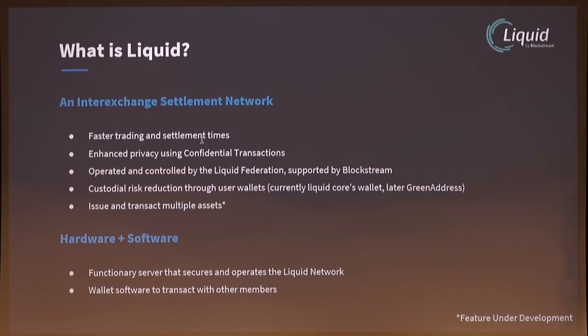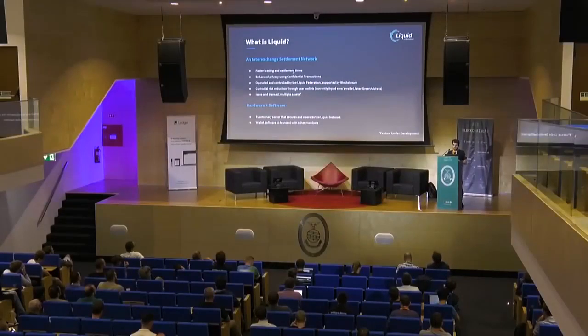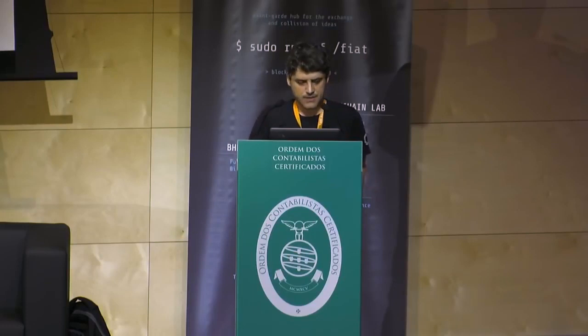It also reduces custodial risk because users can have the Liquid coins in their own wallets, and then it's not in the vaults of the exchange. Now there's only the Liquid Core wallet, but the Green Address team is working on supporting it too. And well, the code for issuing and transacting multiple assets is there, but it's going to be disabled in the first